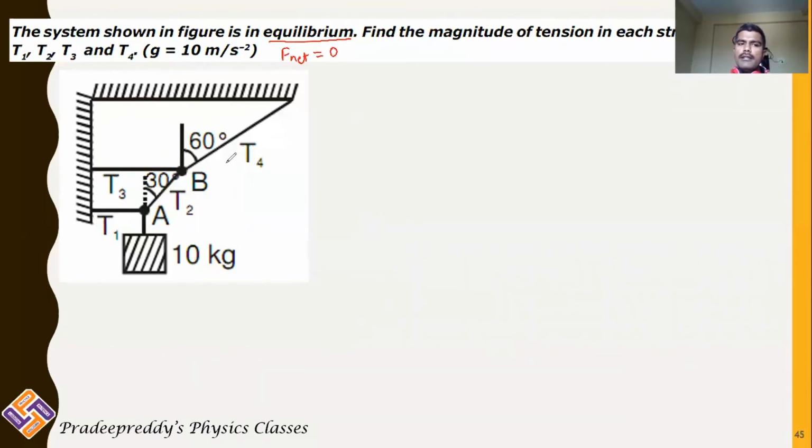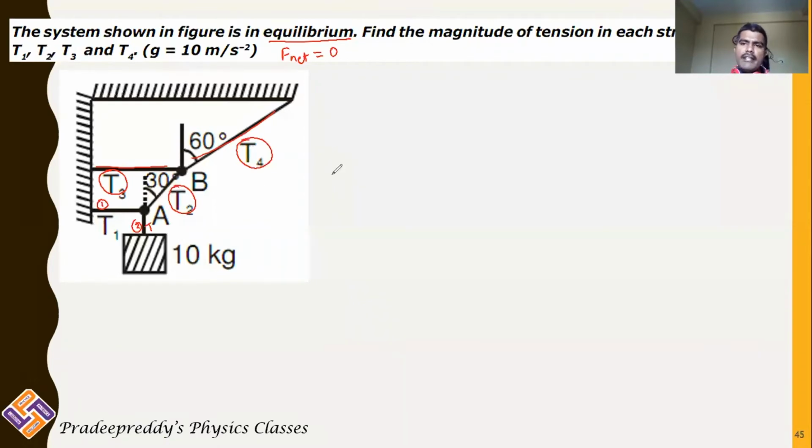Remember, if the wire is changing, tension would change. Now let me consider this is one wire. Therefore, tension in that wire is T1. This is another wire. Therefore, tension in this is some other tension, I say it as T. And this is another wire, so tension in this is T2. And this is another wire, so tension in it is T3. This is one more wire, so tension in it is T4. If you take many different wires, you will have different tensions there.